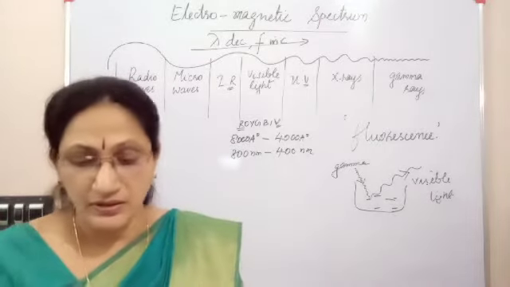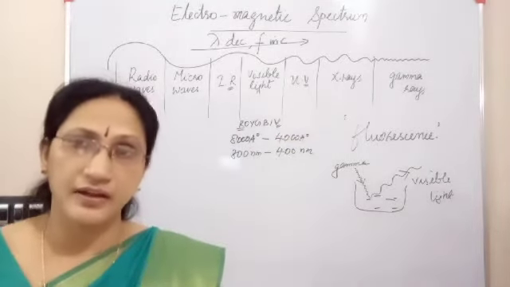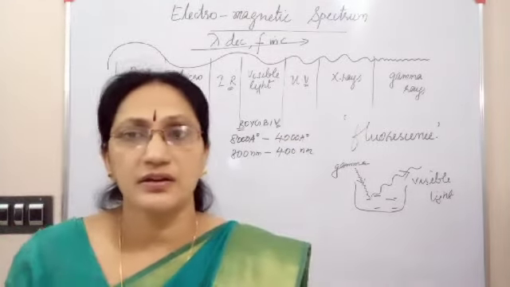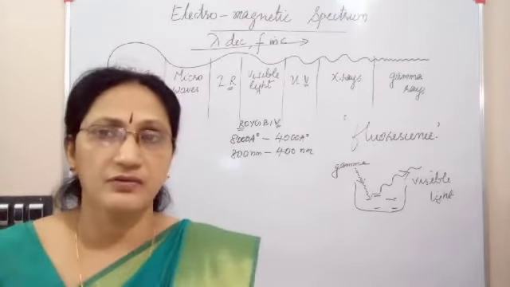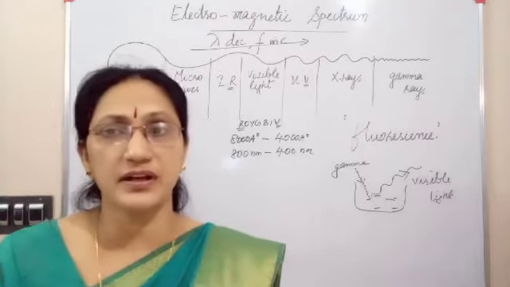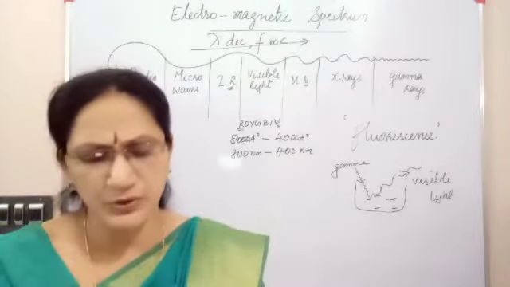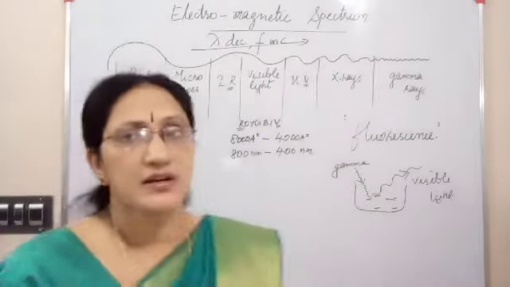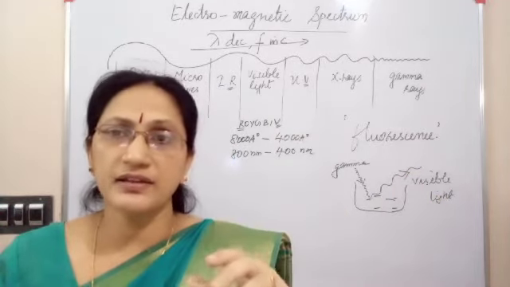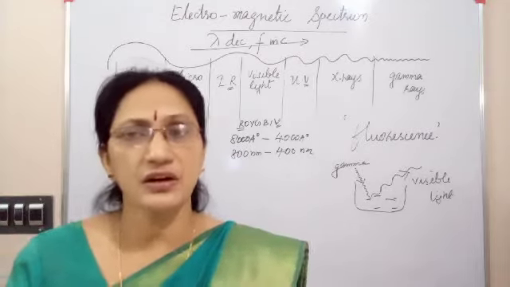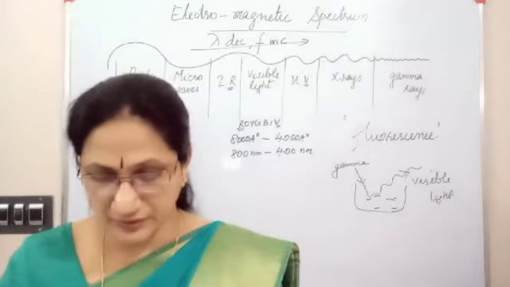Then these ultraviolet radiations are helpful to us also. They help the body to produce vitamin D. If our body gets exposed to ultraviolet radiations, it produces vitamin D. These are some uses of ultraviolet radiations. You know, in water filters, a UV system is there, to kill the germs present in water. These are some uses of ultraviolet radiations.